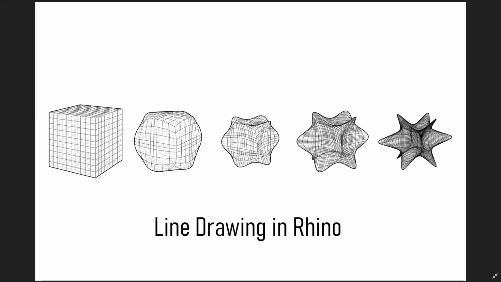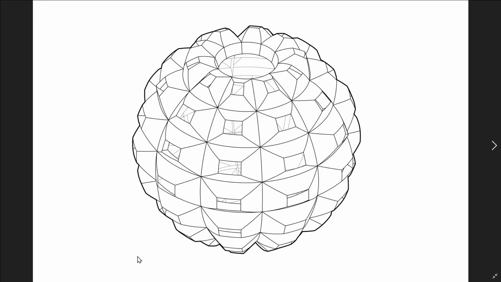Hello, this is a tutorial on line drawing. We're going to learn how to use the 3D models that we make in Rhino and how to make some interesting diagram drawings. We're going to learn how to use the make 2D command, how to add line weights, and how to do a nice composition. And we're also going to see what techniques are best to use to represent more complex objects. So let's get started. Let's go to Rhino,